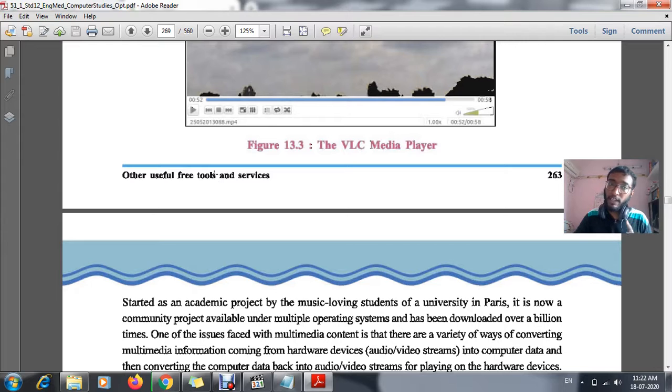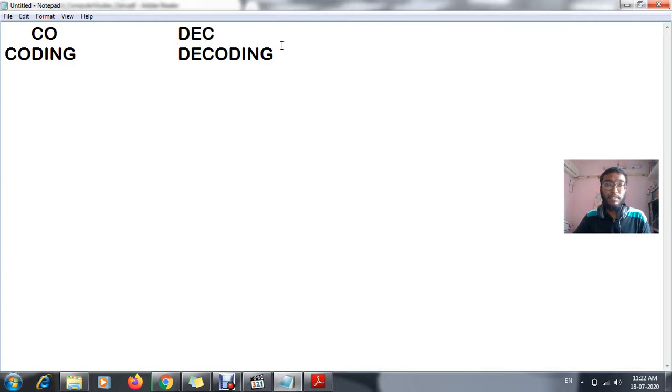And the full form of codec, as I told you, CO stands for coding, and DEC stands for decoding. See, codec function means coding and decoding.